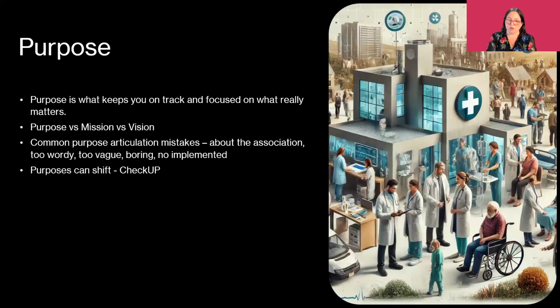It is important to revisit this from time to time because purposes can shift. A client of mine, Checkup in Queensland, fabulous group of people. They used to be the divisions of general practice, basically a sector body, way, way back in the day when the divisions of general practice existed. Now, that organisation has evolved over time to be something completely different. Now they're about delivering health outcomes, predominantly in rural and remote regions. They've got a fantastic purpose, but it's not what they had back then. And the membership model they had back then is not appropriate now. So understanding that purpose is the first step. And every time we make a decision, we need to go back to that.